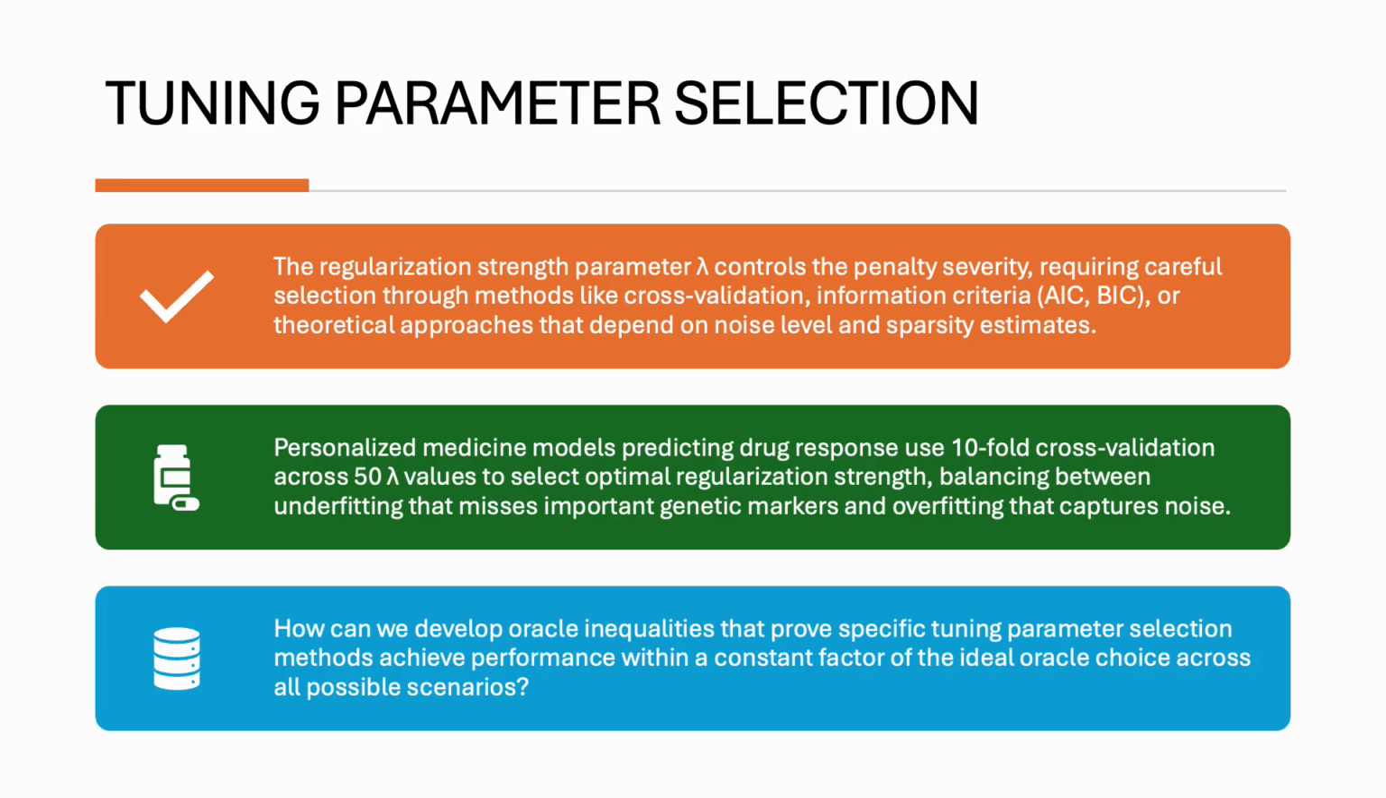Just like testing your robot on practice runs before the big competition, data scientists split their data into practice sets and test sets, trying different tuning parameter values to see which one makes the most accurate predictions. The goal is always the same: find the setting that performs best in real situations, not just in your training